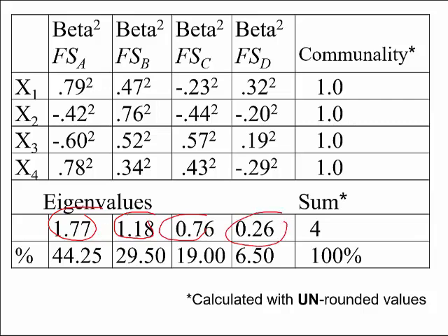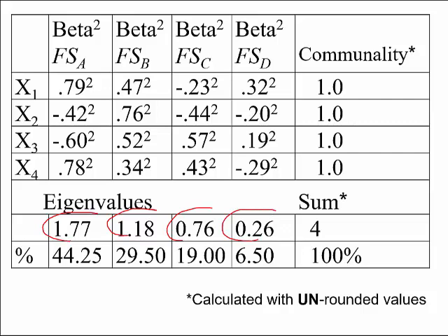Because each successive factor is trying to explain variance in the leftovers of the stuff that couldn't be explained by the factors before it. And so each successive factor is trying to explain variance in a smaller and smaller slice of the pie. Each successive factor has less to work with, so each successive factor will have a smaller eigenvalue. And so we see that we started off with 1.77, then it dropped to 1.18, then to 0.76, and